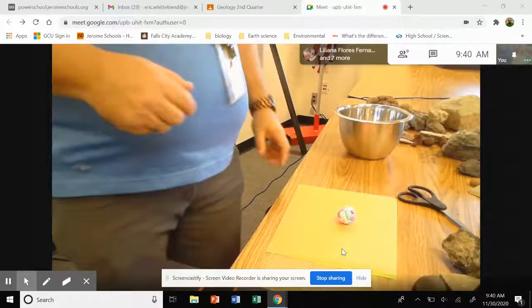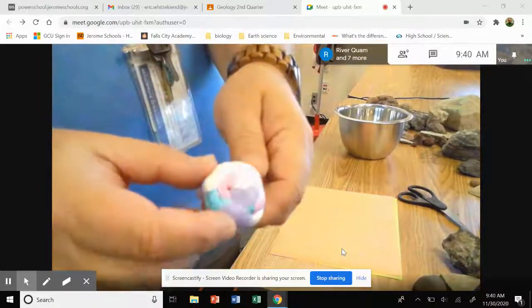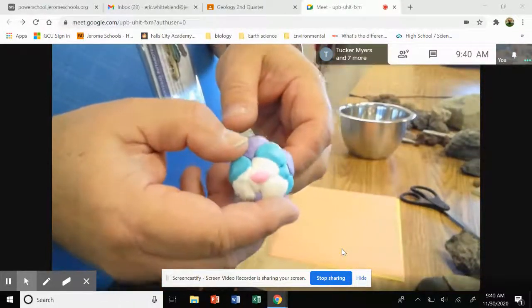Okay. So this rock is a sedimentary rock. Okay. We could actually call this rock